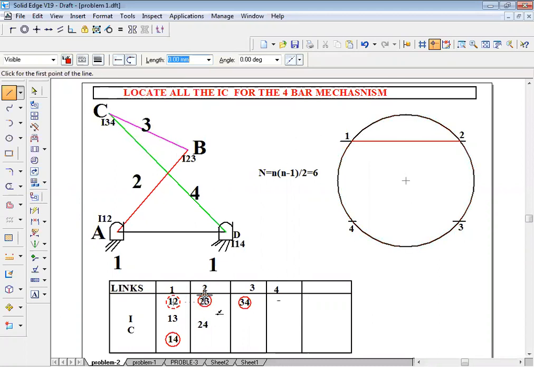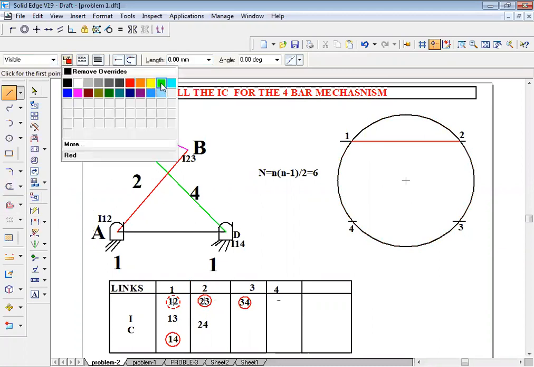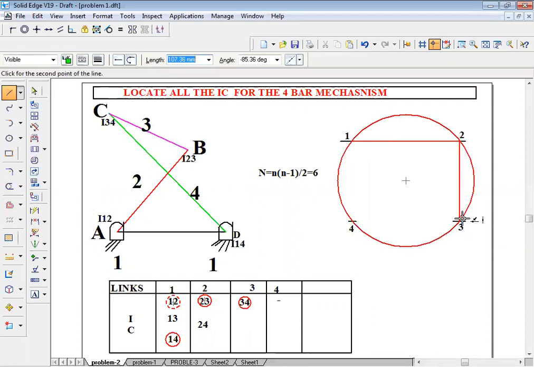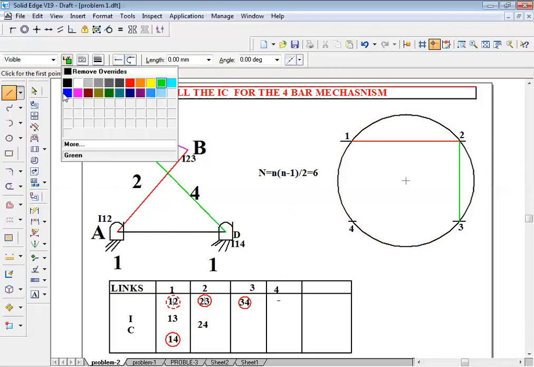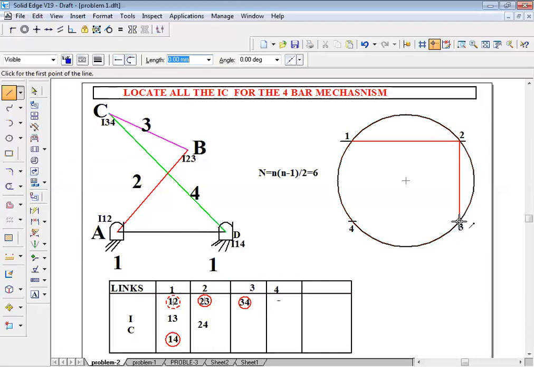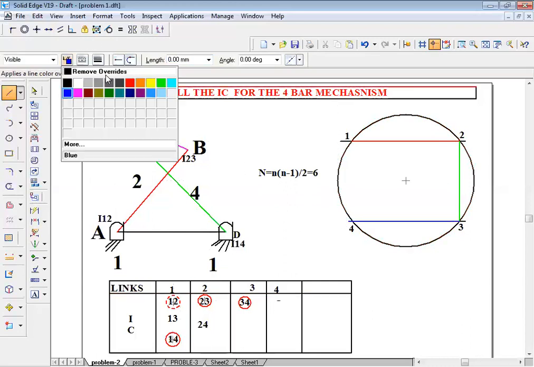That is also already located, so I'm going to join it with a thick line from 2 to 3. Come to I34. That also I already know, so I'm going to draw it in a thick line. Then I14. I14 is already known, so I'm going to join 1 to 4.